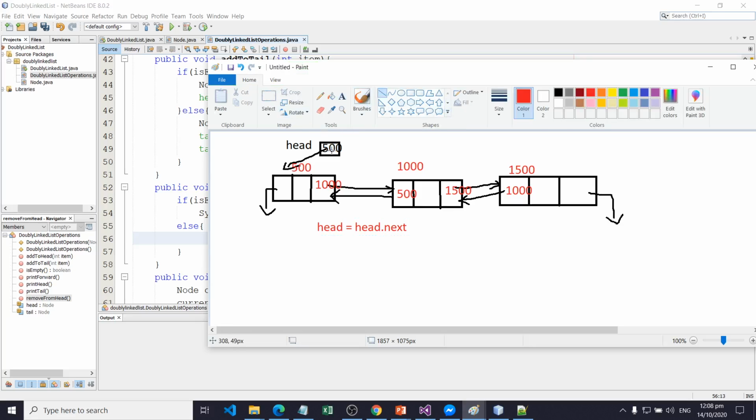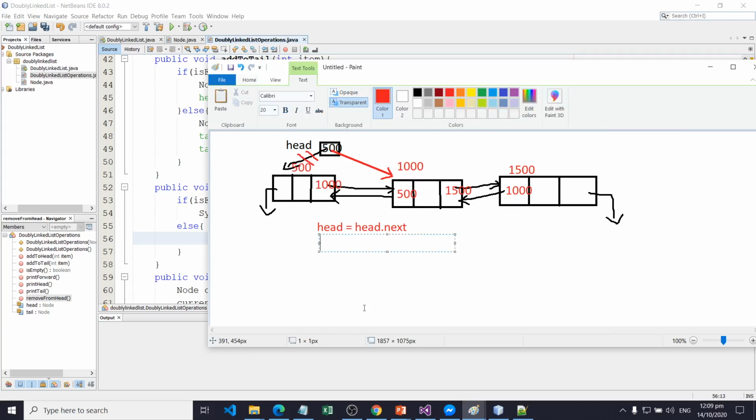So head now is pointing to this node, so it's no longer pointing to this node. So all we need to do is make this link null. Since this is our head now, then head dot previous is equal to null.